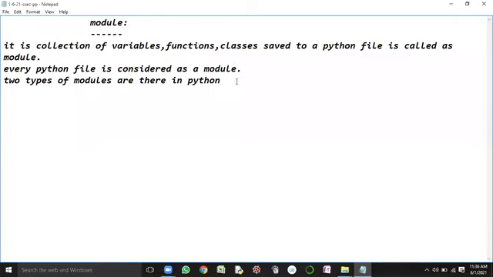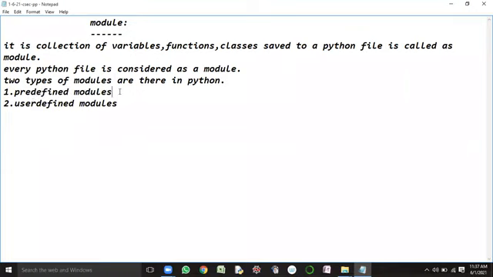Two types are available. The first one is predefined modules, and the second one is user defined modules.